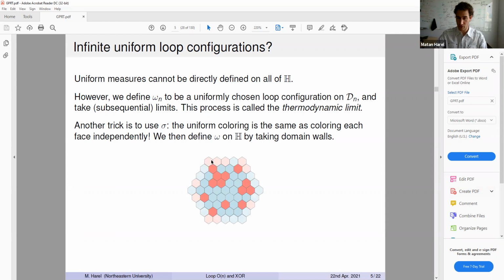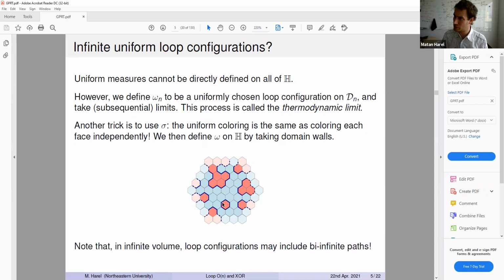And then you get something like this. Maybe this is my domain in dark colors, and you need to look on the outside. And the domain walls are now still going to be these loop configurations, except loop configurations might exit my domain. And in fact, they might not even be loops. It's perfectly kosher, according to this law, to have bi-infinite paths. So you can think of these as either loops that are so flat that you don't really see them closing,